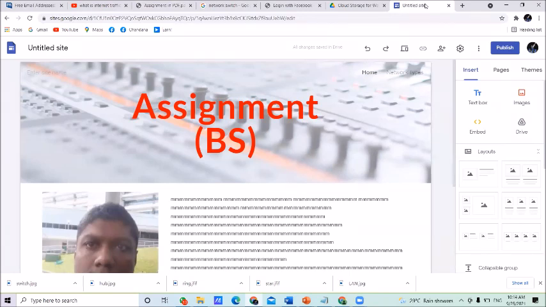Now how can you add network topologies here? Can someone tell me? Can you remember how we added the network types?